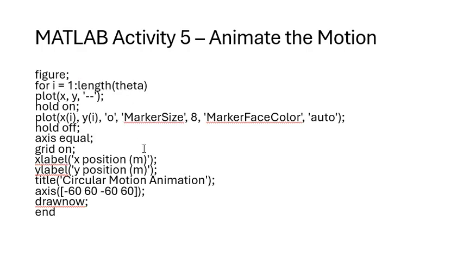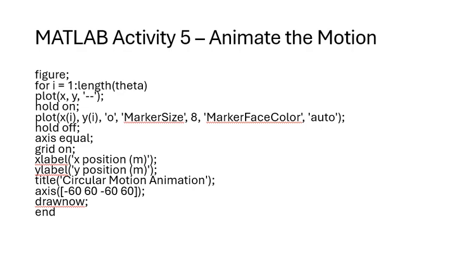And then of course we are going to loop it again, for i equal to 1, and we will be putting the theta, which is the angle this time, in order for us to be able to calculate the circular. Instead of the projectile, we put the t. And here we're going to be putting the theta, so we can see the x position and y position in that circular motion. Okay, of course we have x's as a reference, and then of course we use the code drawnow to